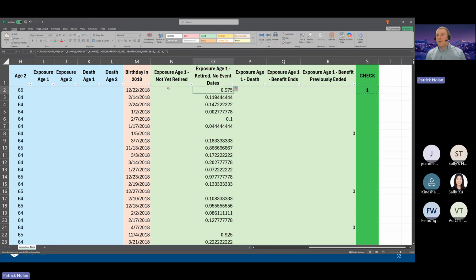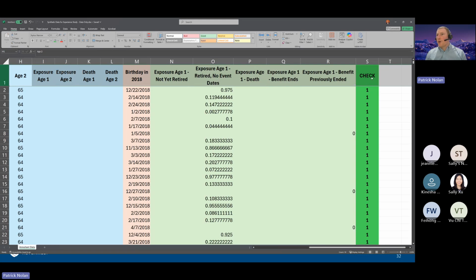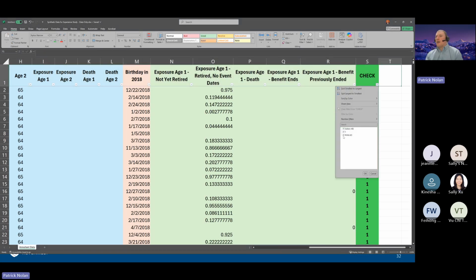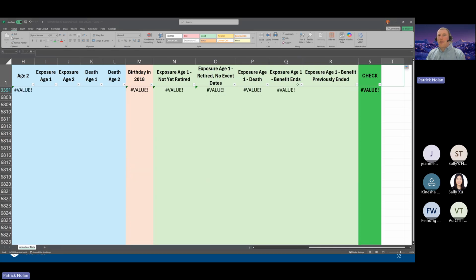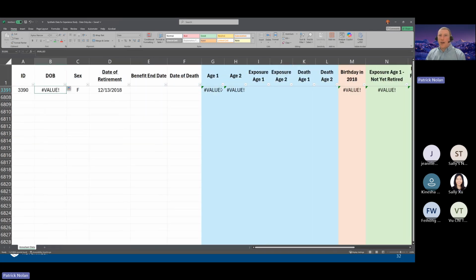All right. So let's go ahead and copy that down and we'll put our filter on it and see what options we have for column S. Well, everybody has 1 except this one person with a pound value. And I think the issue with the pound value is that this person has a pound value for their date of birth. Ultimately, this is not a person whose experience we are going to want to include in this study,